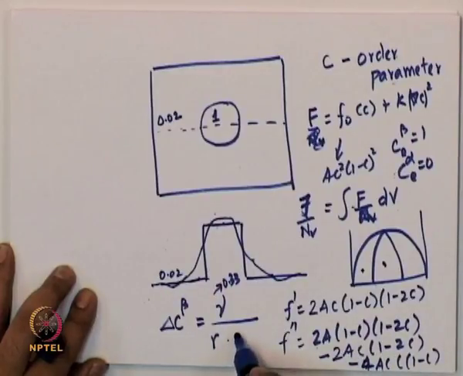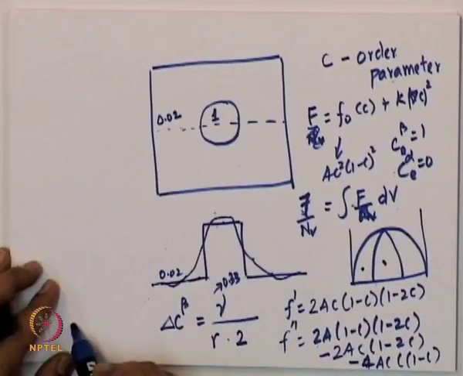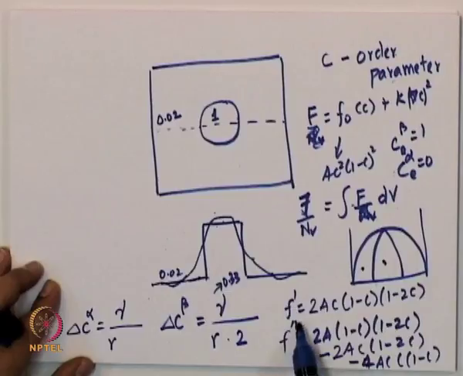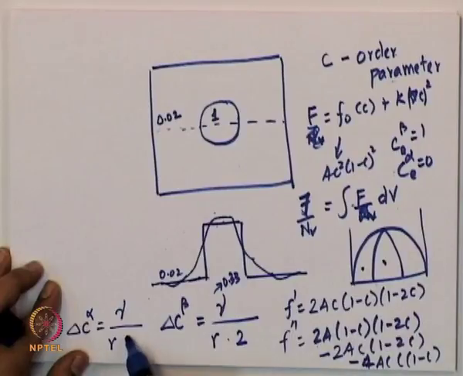So, it gives me a value of 2, and delta C alpha is also going to be the same because of the same gamma and the same radius. You can also see that F double prime, when C equal to 0, these two are going to go to 0. So, when C equal to 0, again this is going to be 1, this is going to be 1. So, you get 2A is equal to 1. So, you get the same thing.